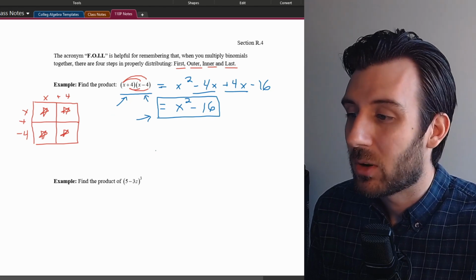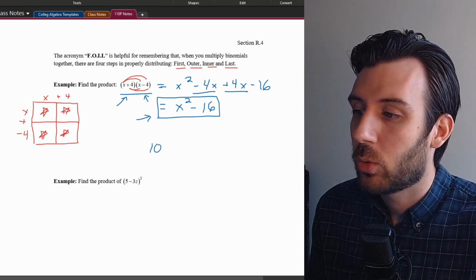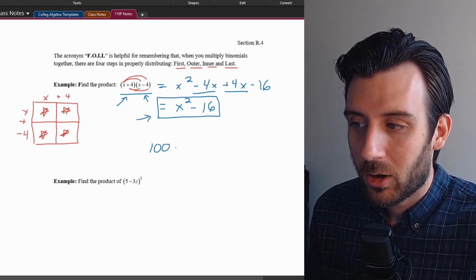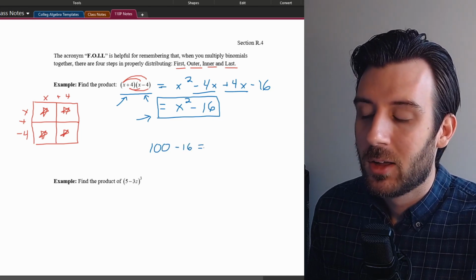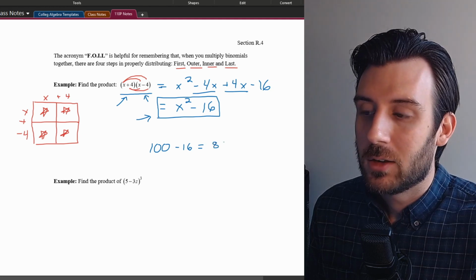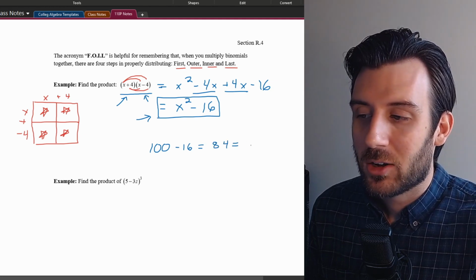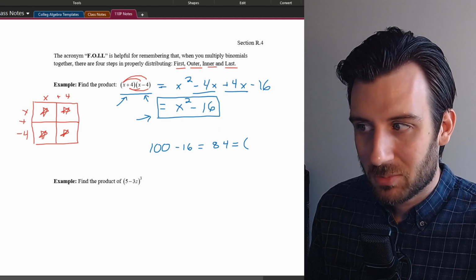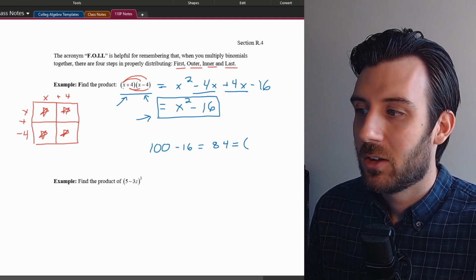Let's look at a quick example of that one. If I said, give me the square made out from 10, that would be 100, and then take 16 away from that. That leaves you with 84. And I can tell you without doing any math, any thought in my head, just because I understand this structure